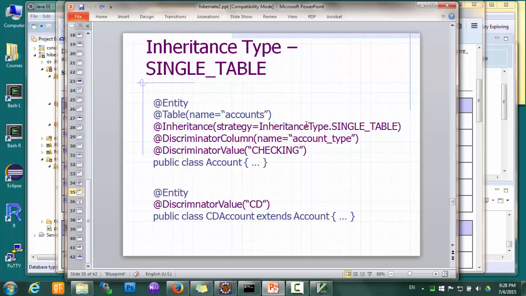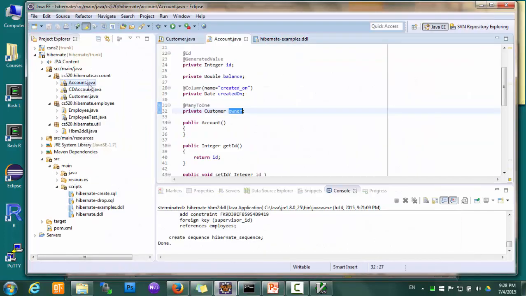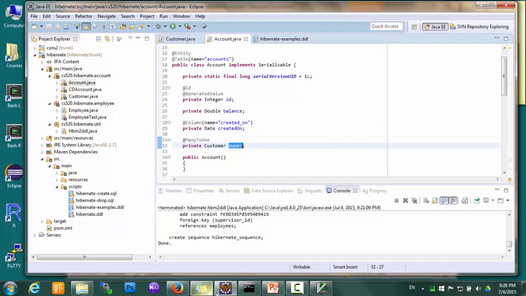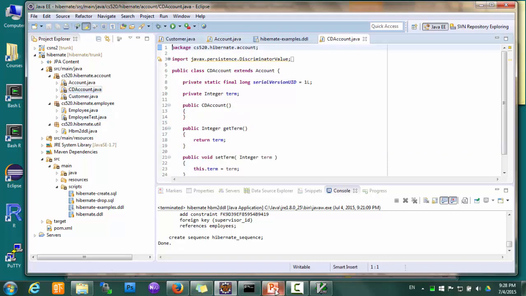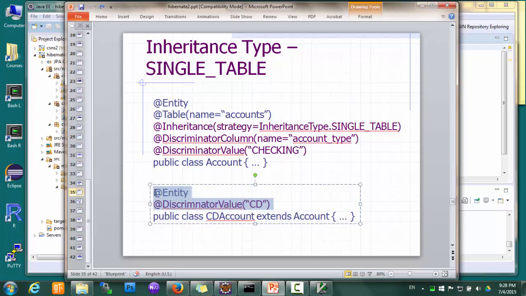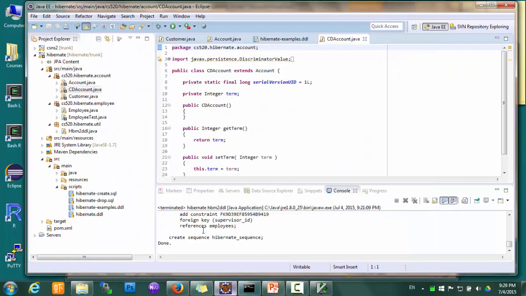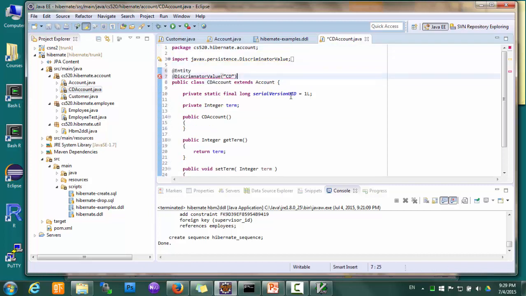In the superclass, we need to specify a discriminator column, and for each class, we need to specify a discriminator value, which will be used by the ORM tool to determine which record in the table corresponds to which class. So let's see how this looks. We already have our account here, and let's add this CD account. So we're going to make CD account an entity as well, and notice that this CD account is a subclass of account,